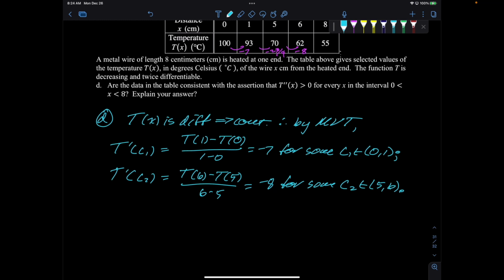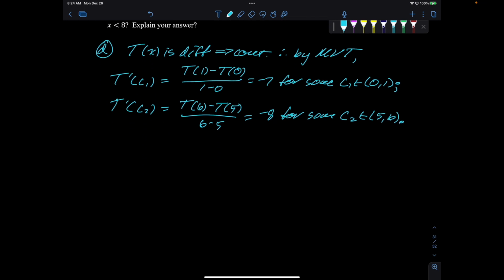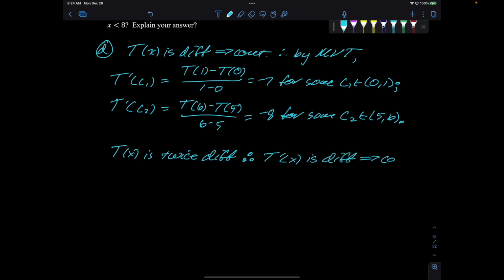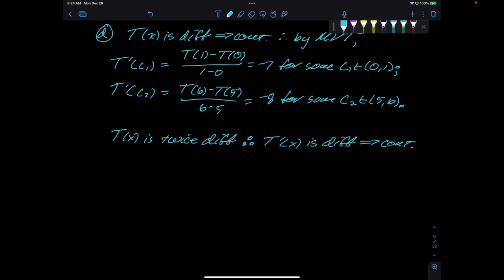t is twice differentiable, which means that t prime is differentiable. Therefore, t prime is differentiable, which implies continuous. You just keep walking through the criteria, right? Like to use the mean value theorem, we need continuous on the closed interval, differentiable on the open. But if we're differentiable, we're definitely continuous. So differentiable is better than continuous. But anyway,